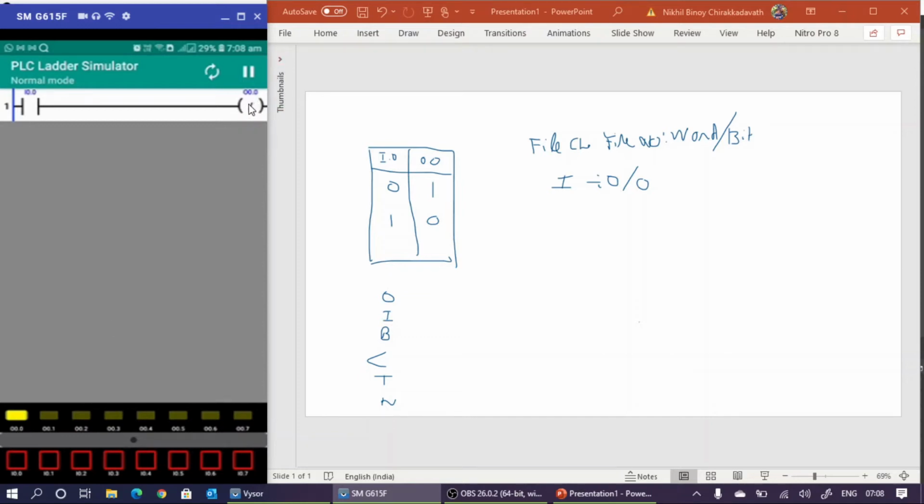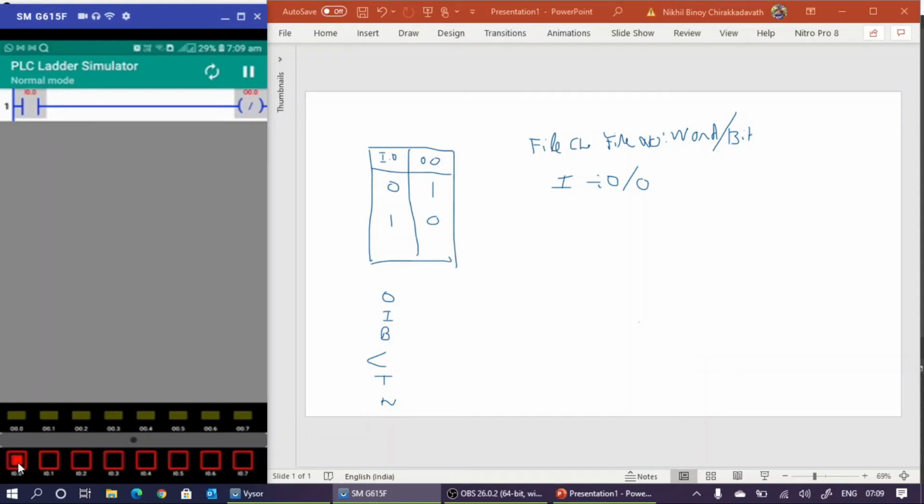If there is no shade, it means this output is not working as per the ladder. But as it is negative, the output device will work. So please note the output and output device. This is the output device, and this is the output of this ladder. This is the software, and this one is the hardware. Okay. Now if input device is 1, then this input logic is also 1, because this is normally open contact.